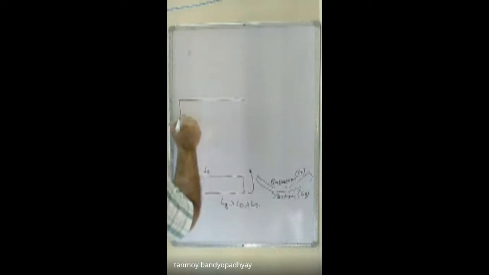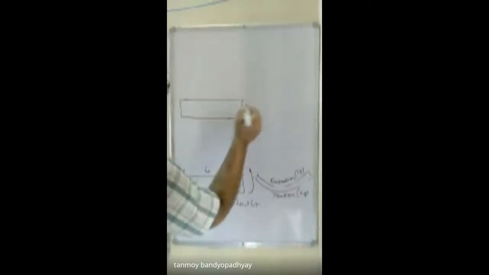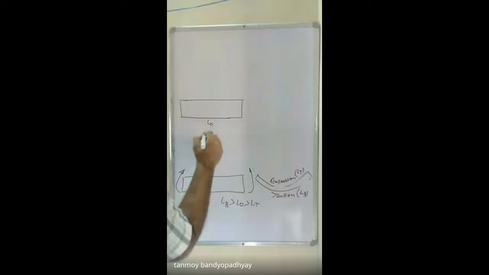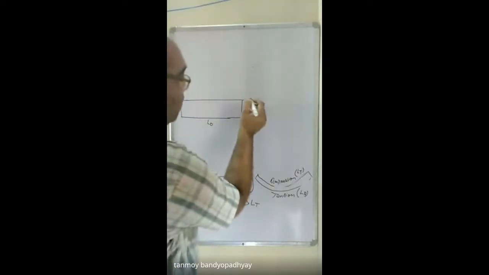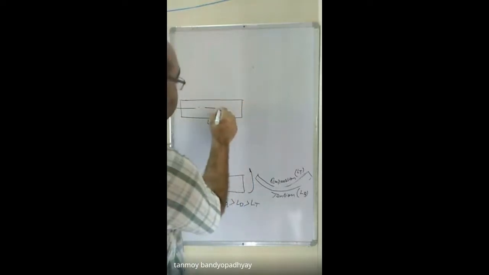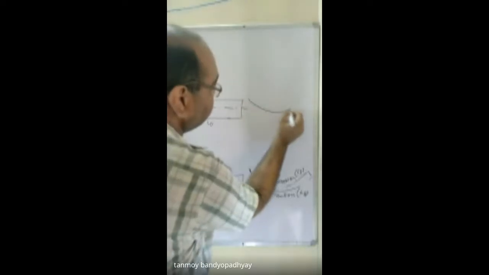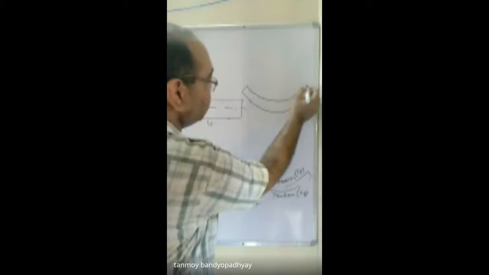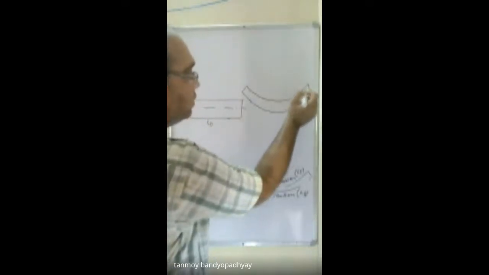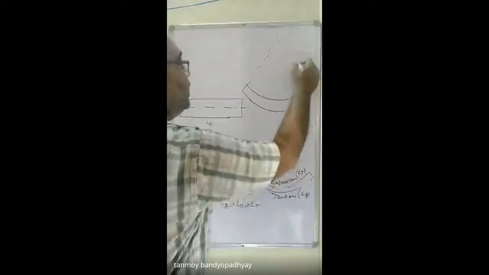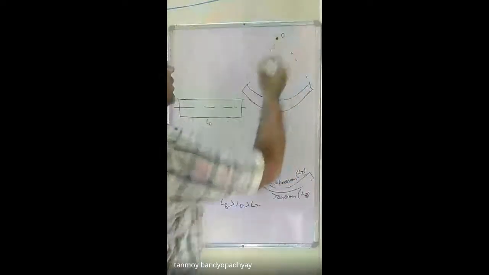Suppose I am having a beam like this, and I am bending this one. So it will be a certain length, let's suppose that this is L0. Now I am bending this one. So let there be an axis of this one. When I bend it, it will take a circular shape, something like this. Right? So if I connect it to an arbitrary center, the center of curvature.